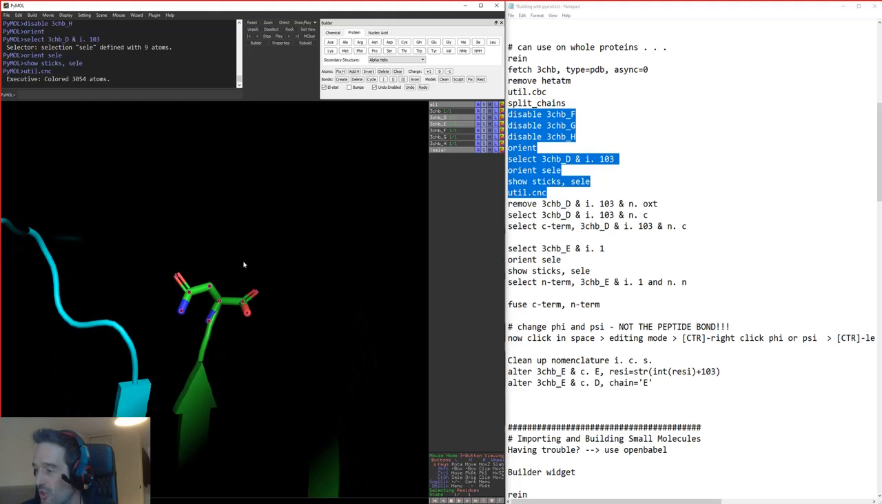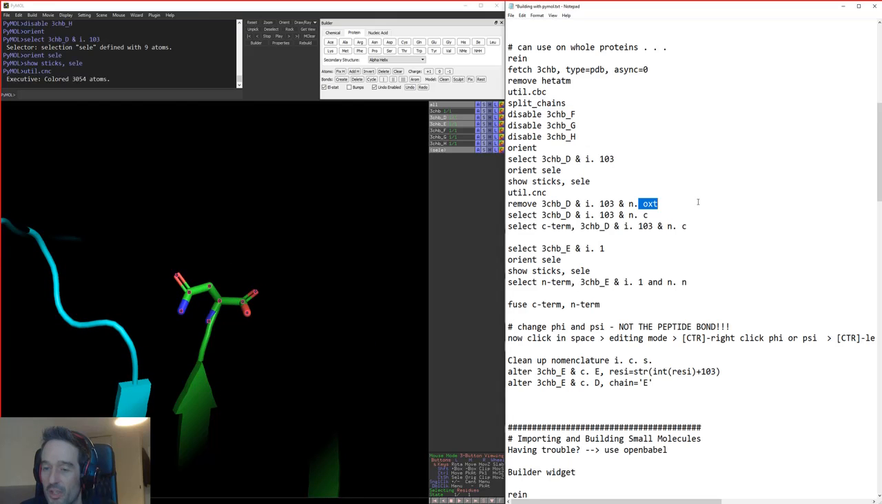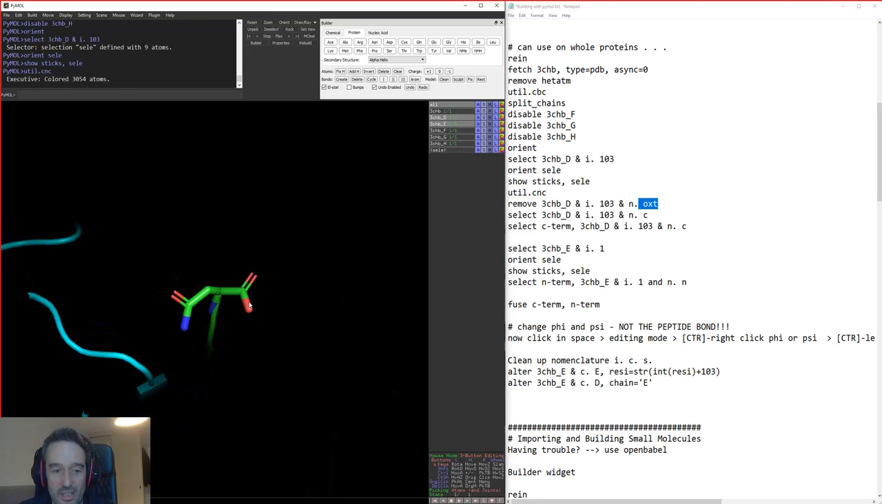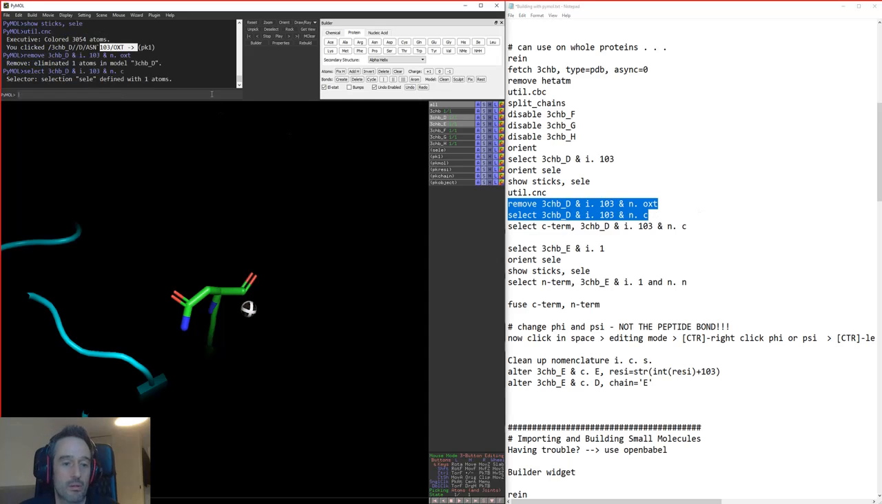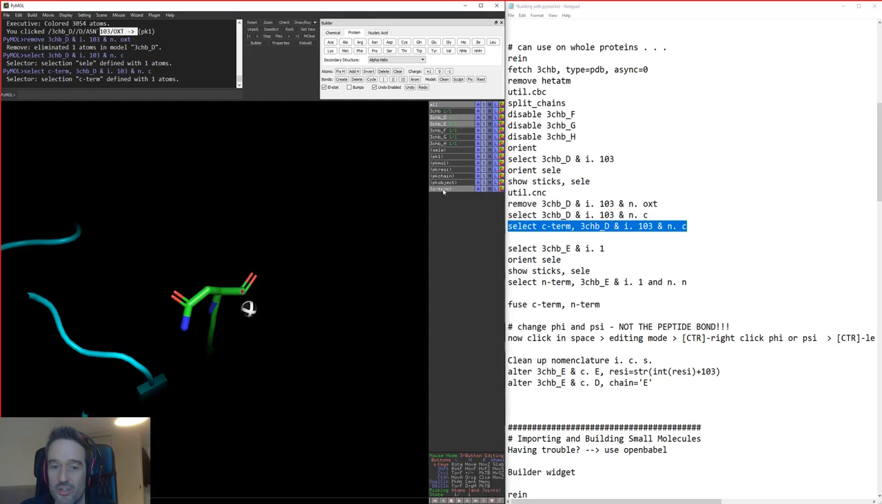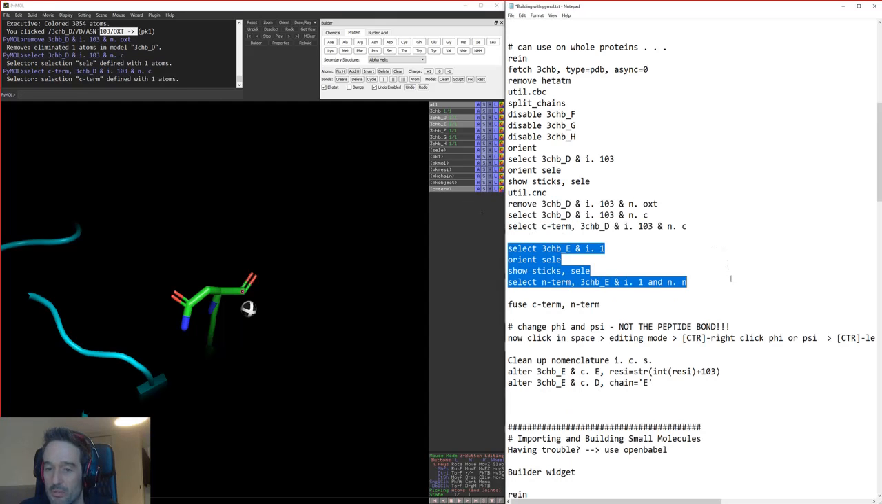Now, of course, if you're going to join your C terminus to an N terminus, you need to remove what's called this OXT atom, and the OXT is normally this one here, and you can see here it says OXT. So what we need to do is remove that, and then make a selection of our terminal carbon, and we'll call that the C terminus. So now we've got a C term here,